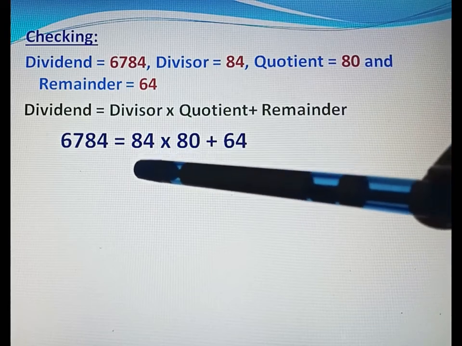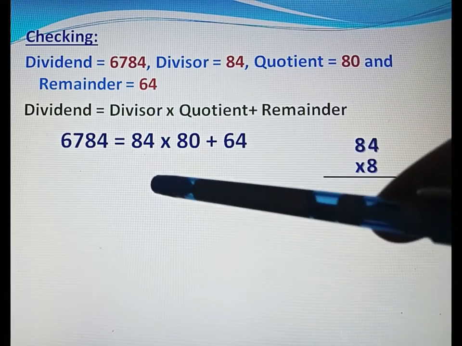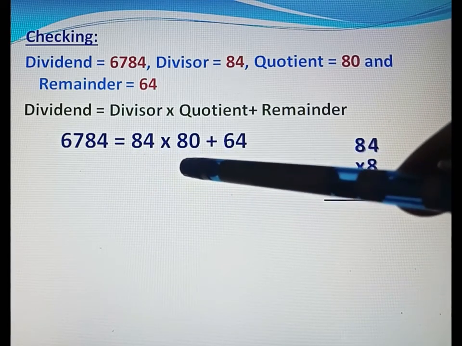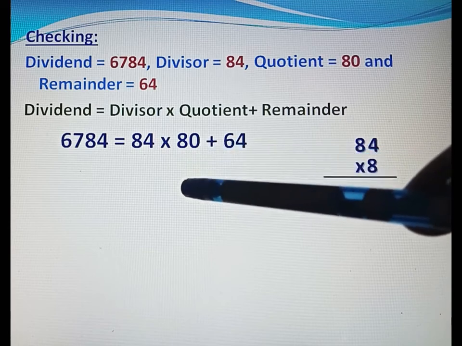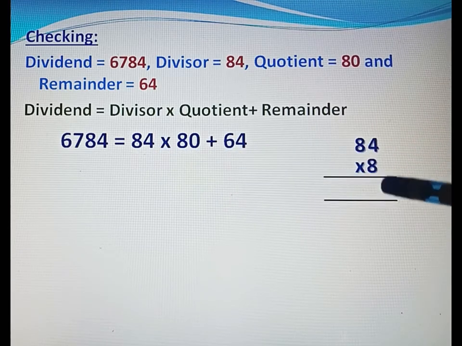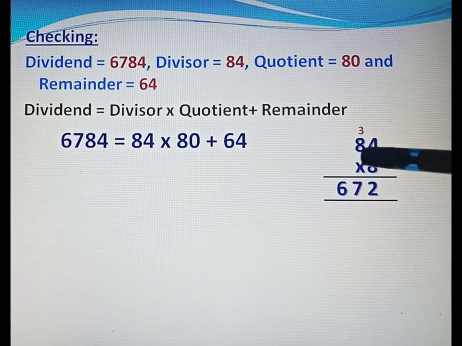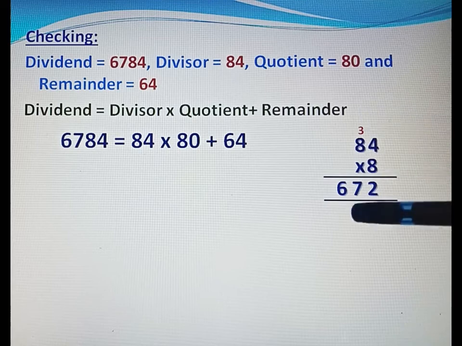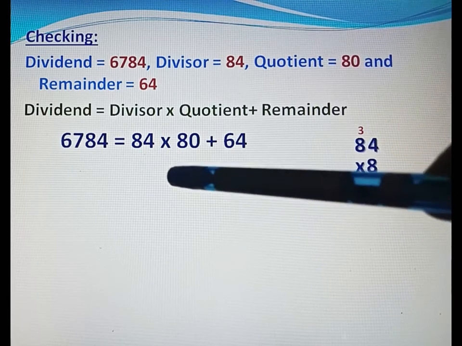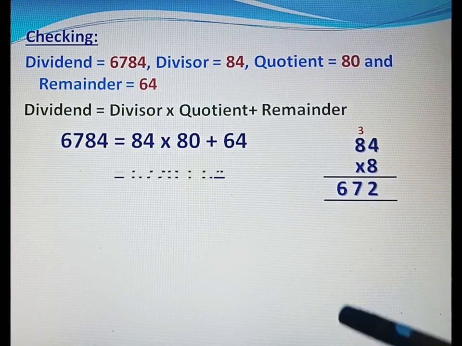We will multiply 84 by 80. See beta, we will first multiply 84 with 8, because here there is a 0, so we will put the 0 at last. First we will multiply 84 by 8. 8 4s are 32, 2 and 3 carry, 8 8s are 64 plus 3 is 67. 84 multiply 8 equal 672, and then we will write 0 at last, so it becomes